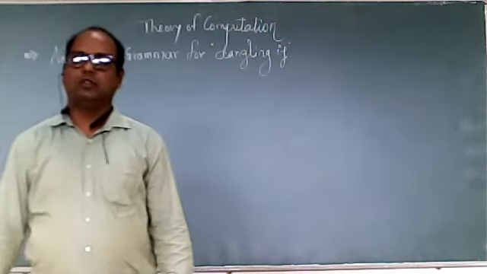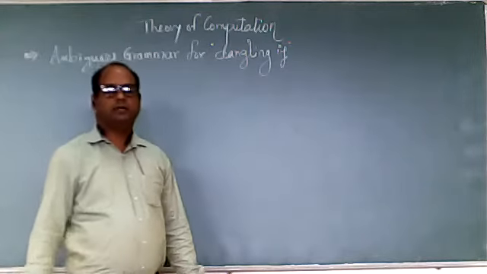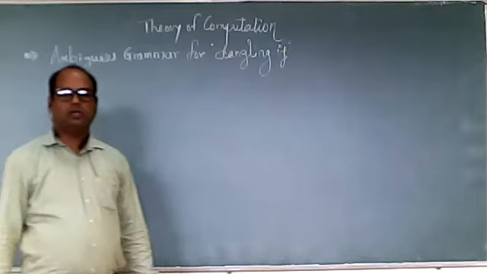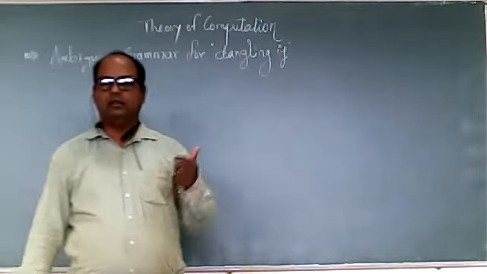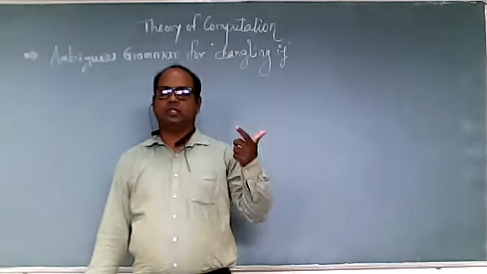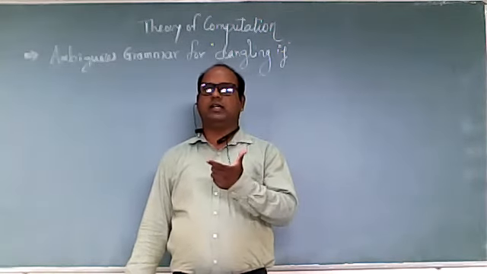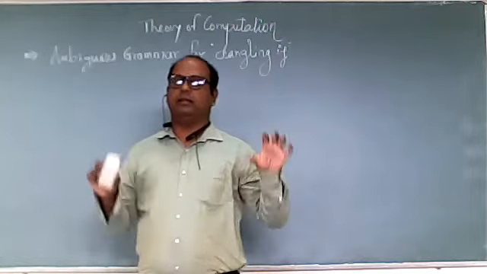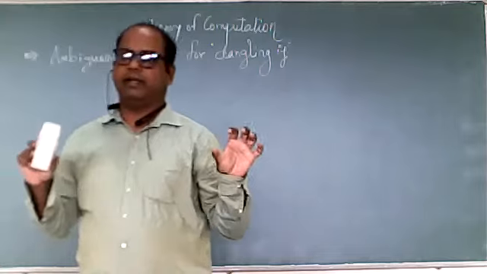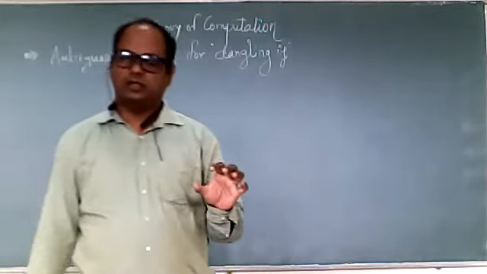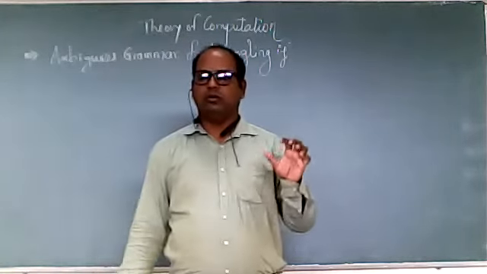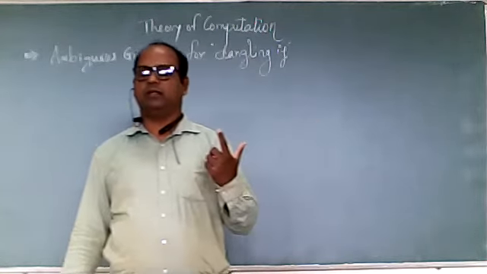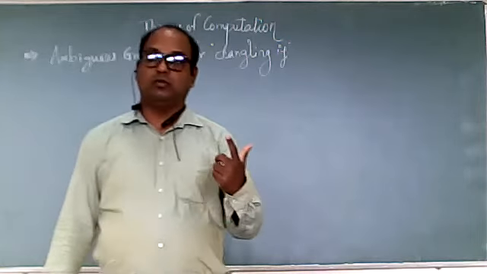Okay, good morning all. So today we will continue with our previous session called ambiguity. So as we know, what do you mean by ambiguity? When from the same production, same grammar, we are deriving the same string, but if we have two different parse trees, at that time that grammar is called an ambiguous grammar, because we cannot have two parse trees for the same string with the help of the same grammar. That is called ambiguity.